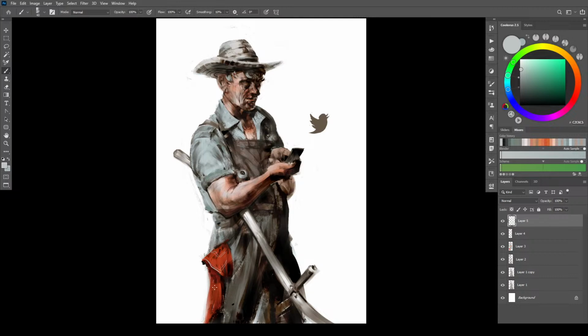And bring in these little polka dotty shapes.